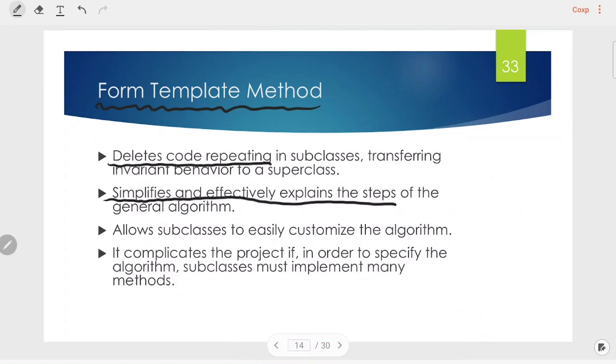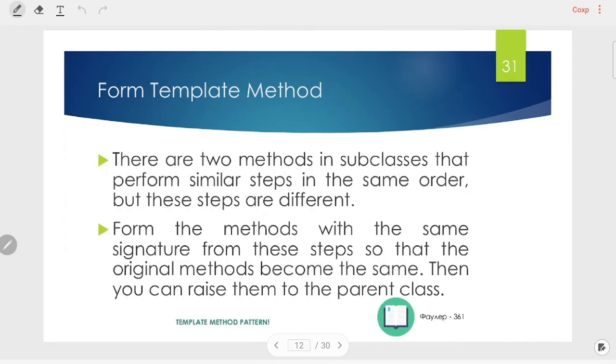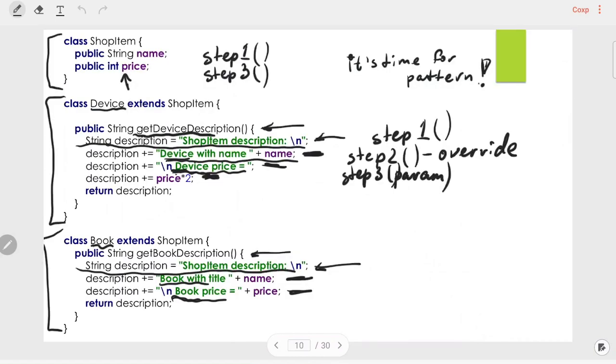And sometimes we can allow subclasses to easily customize the algorithm, but we can make our project more complex, and it's the minus of this approach, because sometimes, like in this example, we have such simple steps with only one line of code,